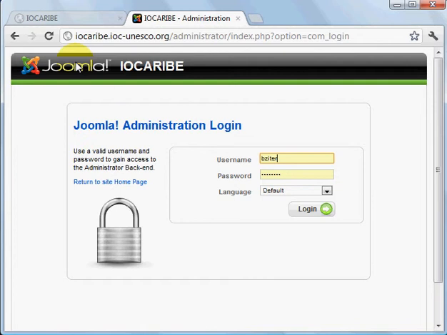And so if we want to add a new article, the first thing we need to do is log into the Joomla administrator section of the website. So I have my username and password. If you don't have your own, you'll need to speak with Tom Gross. He's the IOC web developer. I'll give you his information in a text document. I'll also give you this URL and